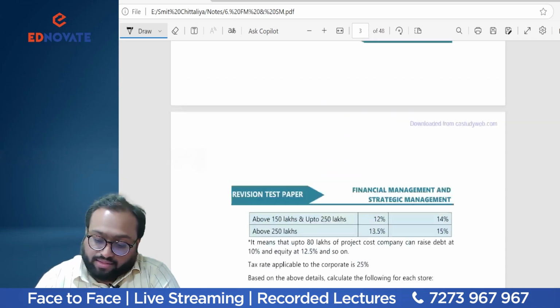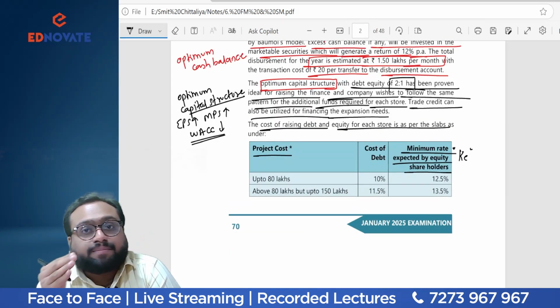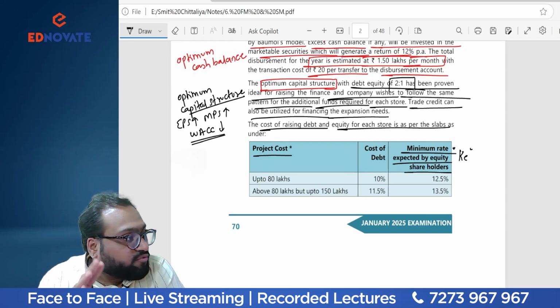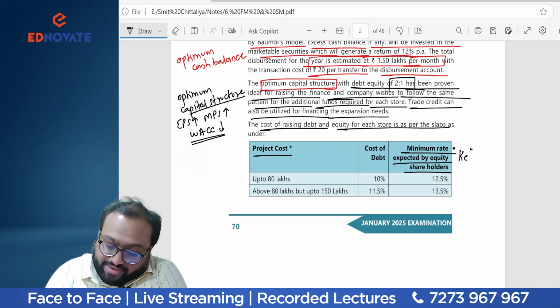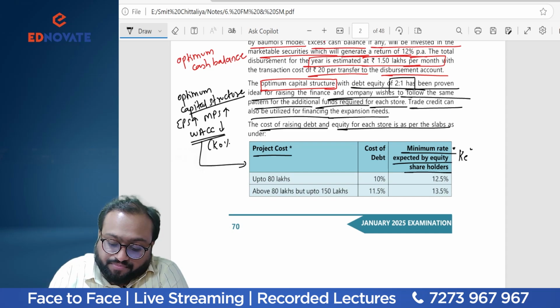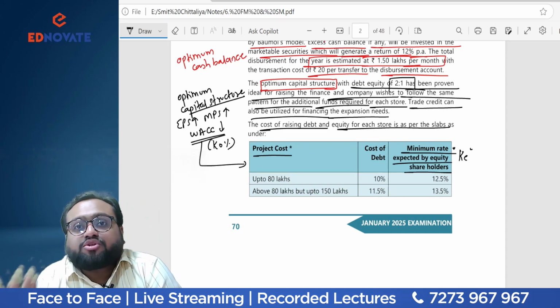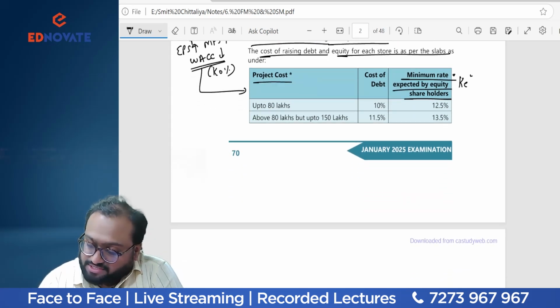I understand one thing, the optimum capital structure as we already defined, EPS or MPS will be maximum or WACC will be minimum. That means here we have no details to find out the EPS and MPS, but one thing is for sure, I can find out with the help of this KO, that is WACC. And if I am able to find out KO, KO will be minimum at the optimum capital structure. Fantastic. Question is really very nice.